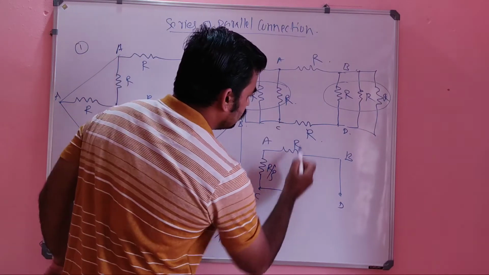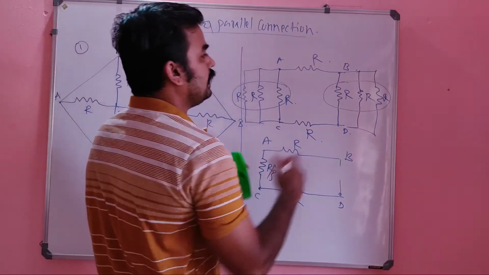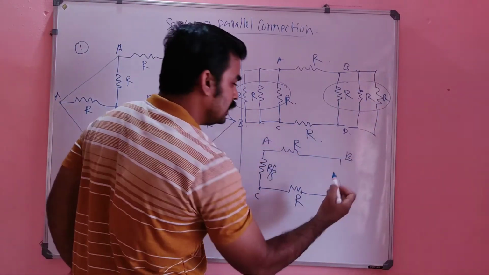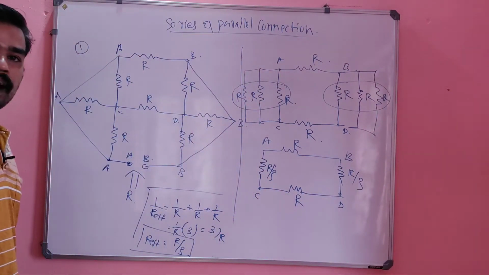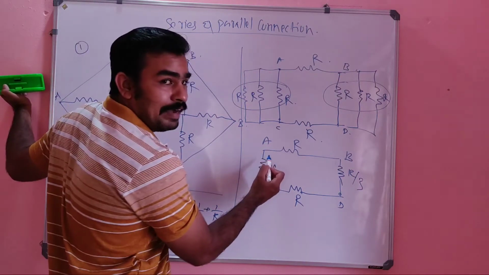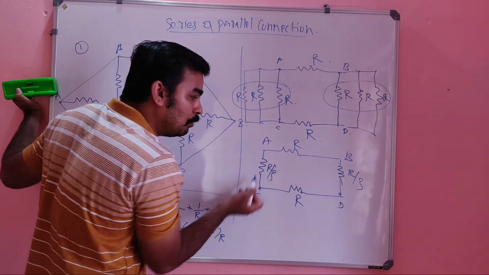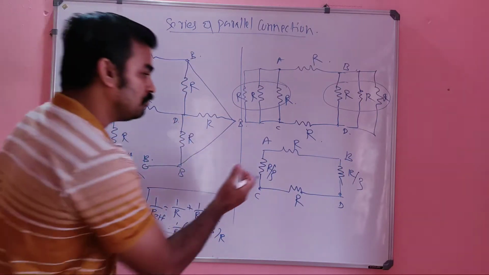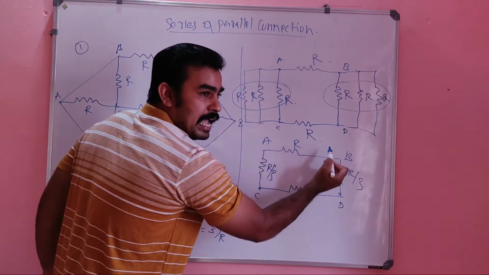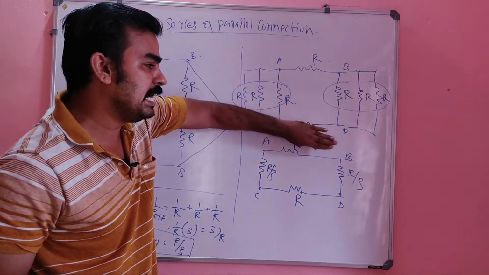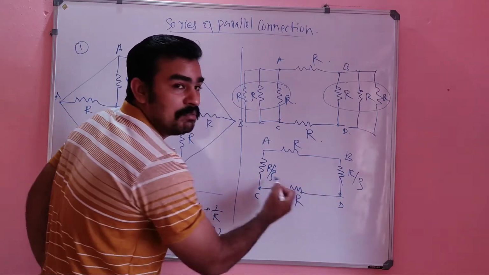And again there is another R here. So this is R. Again this B and D, see, this B and D connection again is equivalent to R by 3. Clear? Now see, I want to find the effective resistance between what? A and B, right? So I have to reduce the circuit from the opposite side. Then only I can get it. So I have to find between A and B, so don't change that position. So A and B stay there, and we have to reduce the remaining part.